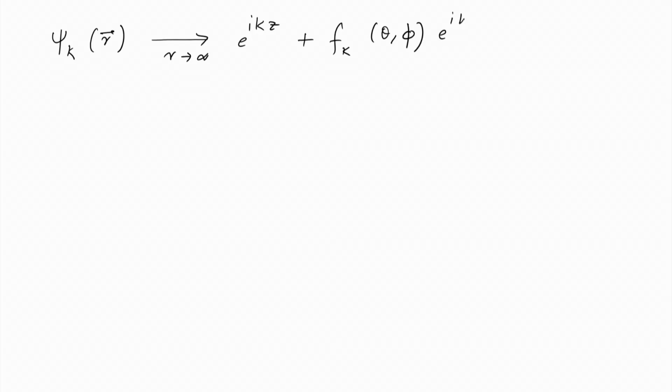So, in order to bring that, we take the wave function as r goes to infinity. Okay. So, r goes to infinity, it is e to the i k z plus f k theta phi e to the i k r by r, where f k theta phi is called the scattering amplitude,